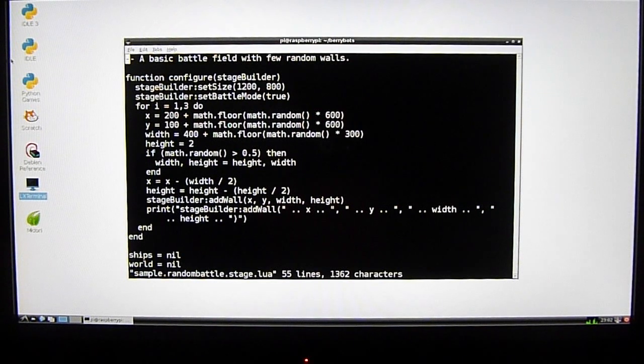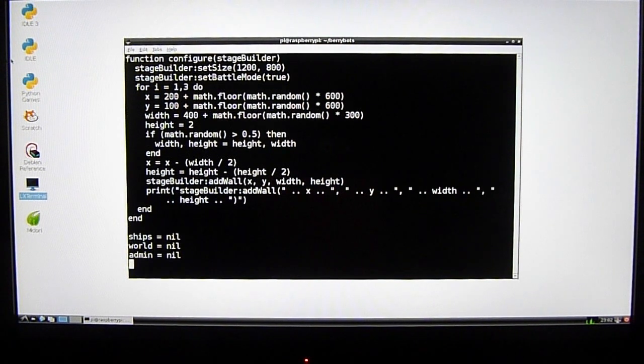It's passed a stage builder. It can set size, set battle mode. It can add walls. It can add zones. It can decide where the starting points are, and then all the ships are initialized with a copy of that